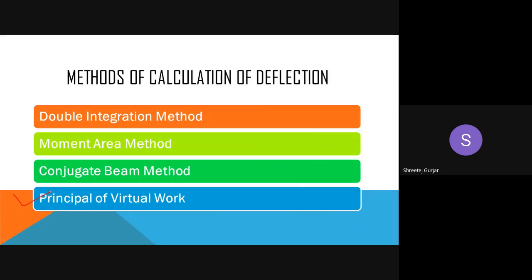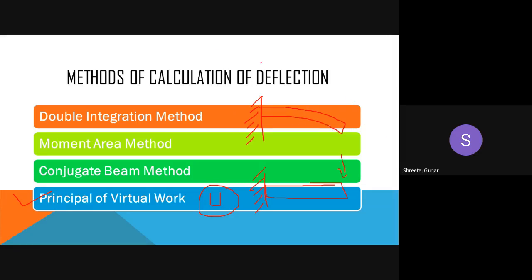The principle of virtual work is difficult. I think you have not studied this. It uses strain energy U. You have to use strain energy and find out the deflection. So whenever you have a deflected shape, this is your original beam. Suppose it is a cantilever, and when you load it, it will deflect by some amount. Whenever we have deflection, it is considered an elastic deflection.